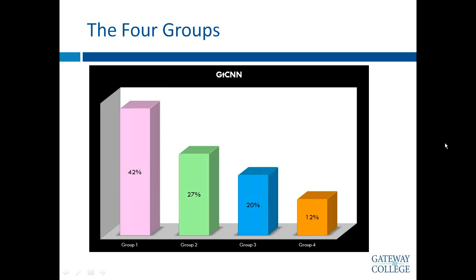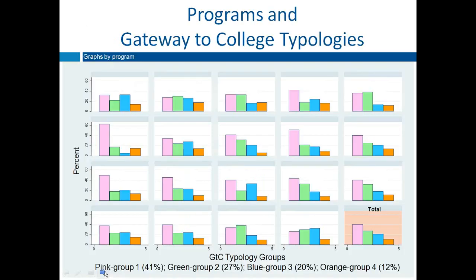Keep those comments and questions coming. All right. So on our next slide, what we're looking at here is just a handful of data from some of our programs across the network. To basically look at this idea in that bottom corner, the kind of orangey graph is again that picture of the way the Gateway national network, the groups are distributed.